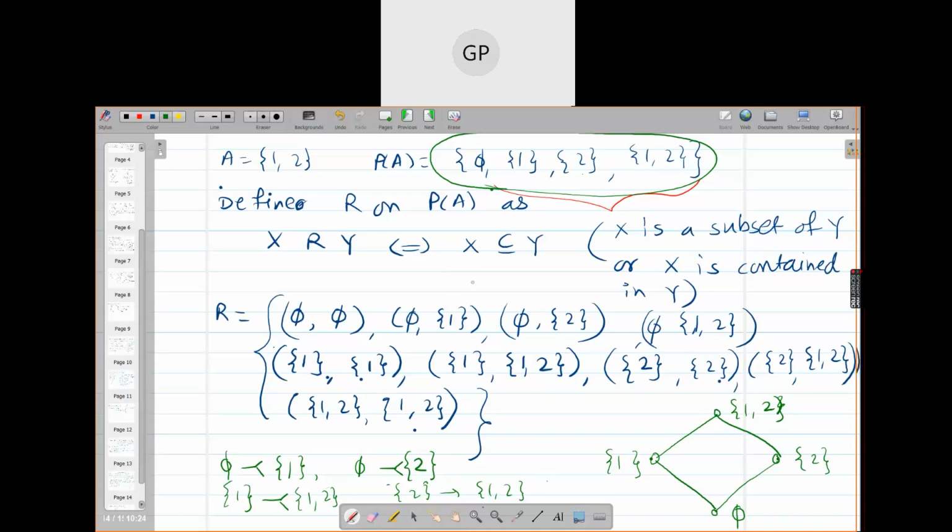Let us increase one more element in A and see what is the Hasse diagram. So the Hasse diagram depends on the number of elements. Here again, P of A contains 4 elements. With 4 elements, our rhombus, the square, has come back, look. And 2 elements are non-comparable. Okay? Finished writing?